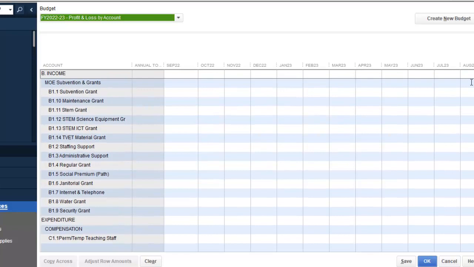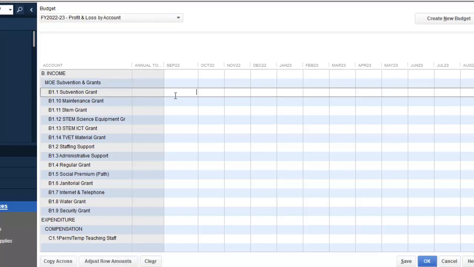And what I want you to do is to create a budget for about $10 million. So $10 million income, $10 million expenditure, and this budget should balance. Alright, so if we should say subvention grants,